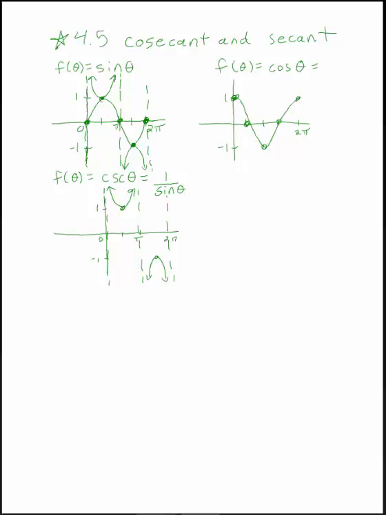Now since the secant of theta equals 1 over cos theta, the same logic applies here. Wherever there's a 0, I get an asymptote on the secant graph, and then I can just sketch in